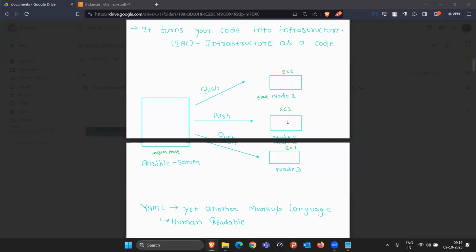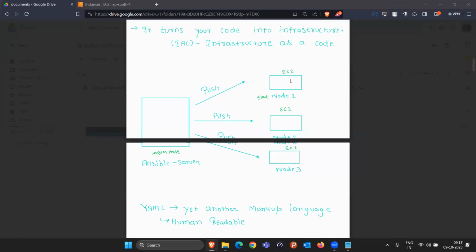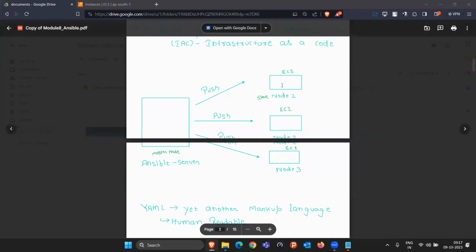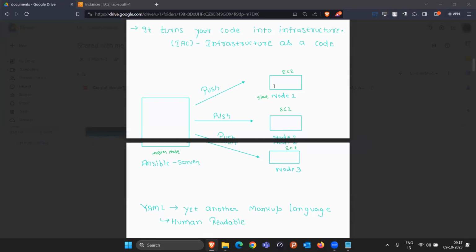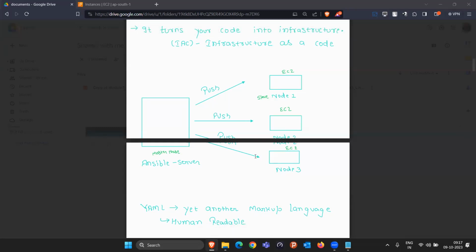But if there are only three servers, well and good, you can log in three times and do it. But take an example where you have to update 10 software on each of the three servers. Then you have to update 30 software, and it is going to take time, right? And if there are 100 servers and on each server you are going to update 10 software manually, just understand how much time you will consume and how much headache it will be for you.